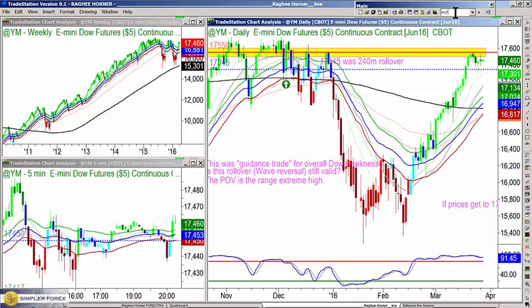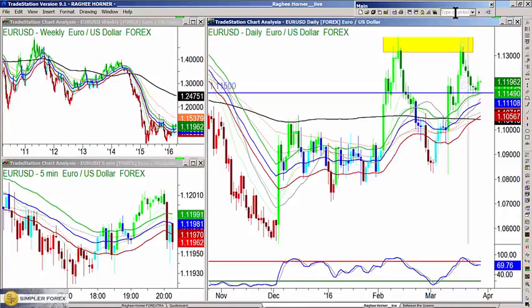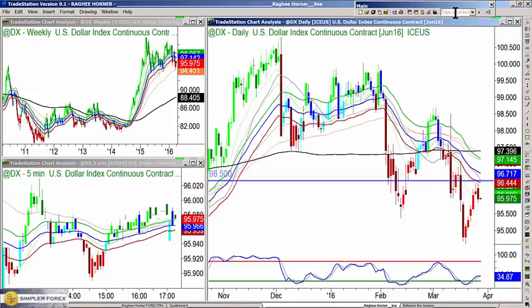And let me show you what happens when traders fall in love with a position and don't acknowledge when a market's corrected. You get the short squeeze on the dollar. You get the short squeeze that we see on the euro US dollar, and you can call it a long squeeze in the dollar index. Traders went into the weekend, many of them, short euro, long dollars, without acknowledging the 112 to 111.50 support level, and then got a big surprise today. And you can look at that on the flip side. So this is what happens when we don't prepare for corrections and when we don't acknowledge what those corrective levels are. And I'll have more on that topic throughout the week.